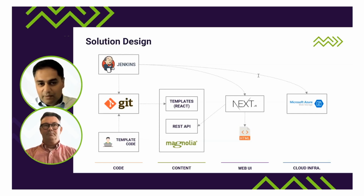the requirements. So we set to work, and the intention of the design was to build a highly decoupled architecture where you could effectively swap out any of the components with alternative software products if we needed to do that at some point in the future. And we always intend to follow best practice, and we certainly did on this project in terms of Magnolia best practice and also application architecture best practice, with the idea being to design a solution that was scalable, secure, robust